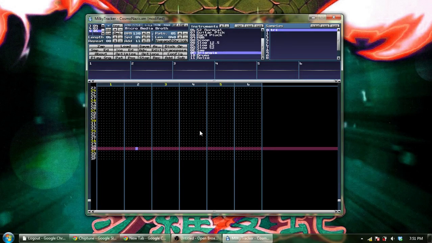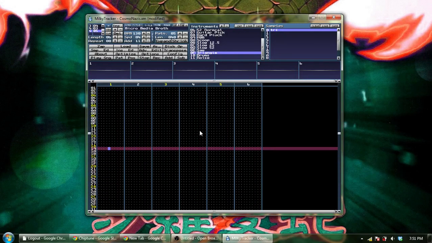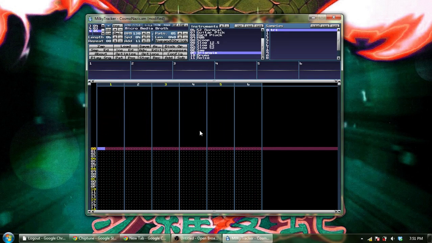So another few things to check out. You can change this in the configuration. Like I said, if you have a different time signature, you can change it. But every 4 rows, there's a yellow number. So that's basically your beat. Like if I were to go to these drums, I guess that's a good enough instrument. So if I was to go there and just add in,